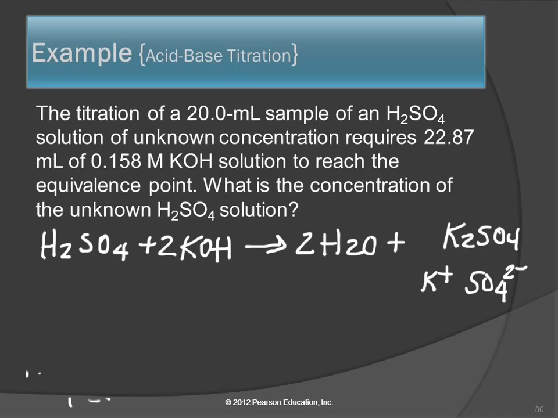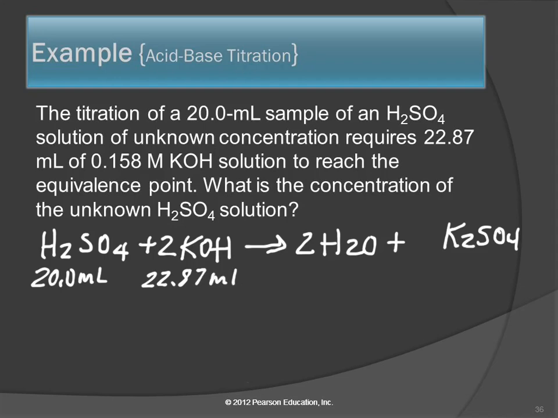I'm going to erase all this junk down here because I need the space for the calculation. So you have to start with the balanced chemical equation. Now we're going to do what we've done before. We're going to take these numbers and we're going to write them down here. 20 milliliters of H2SO4. So I'm going to write 20.0 milliliters under H2SO4. 22.87 milliliters of KOH. So under KOH,